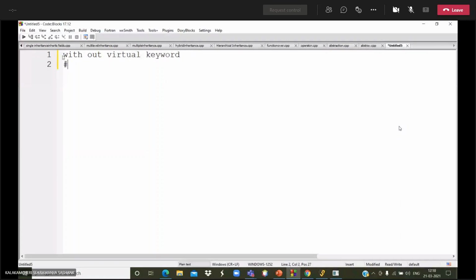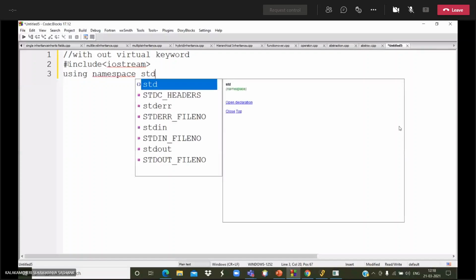Now I am declaring the header files. Then using namespace. It is common for all programs; we want to include these two lines in all programs.